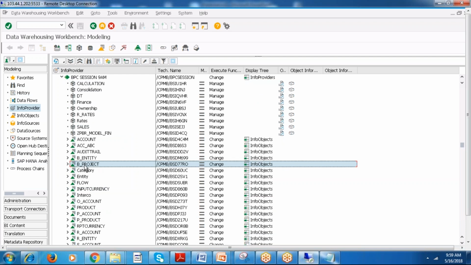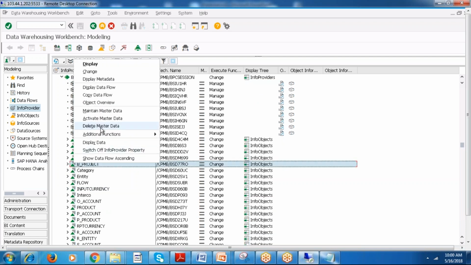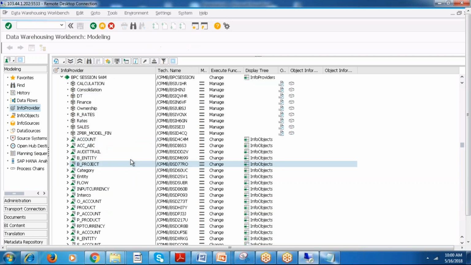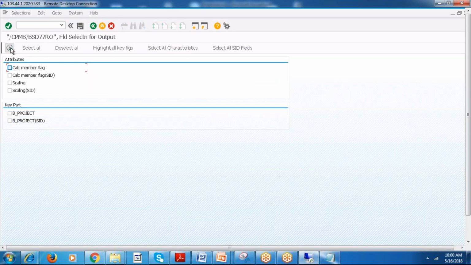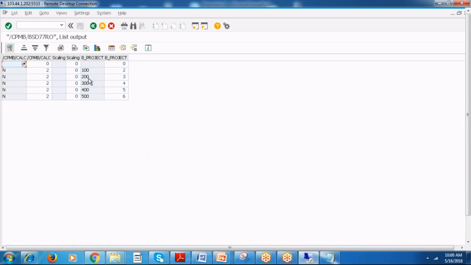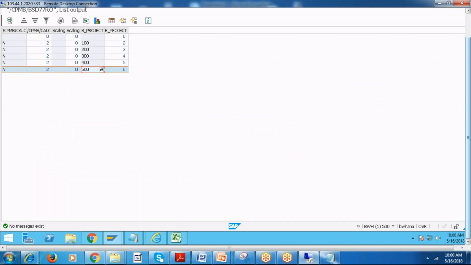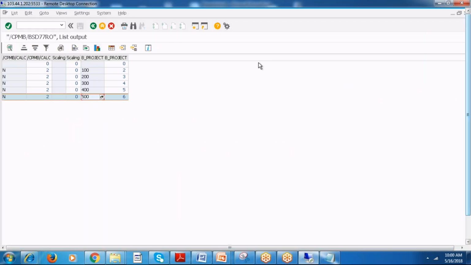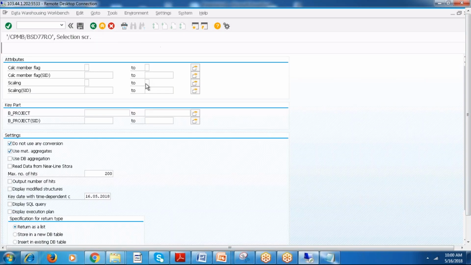So this is the B_PROJECT, right? Right click here, display data, fields for output selection, select all, execute. So we got the 500 here also. It is N, meaning non-calculated member. If I define the hierarchy here, it is going to turn to Y.